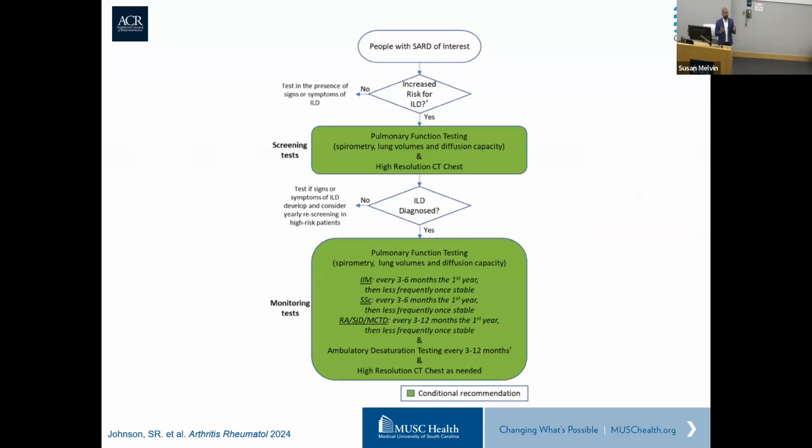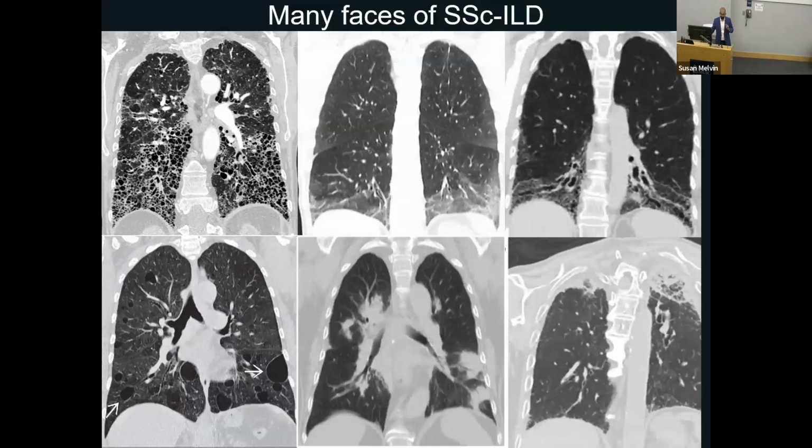There is a subgroup of patients with various forms of systemic autoimmune and rheumatic diseases, SARD, that we recommend getting a CT at diagnosis. And systemic sclerosis is one of them. Now, the data behind the utility, or the pitfalls, of doing a CT scan in someone who's asymptomatic with systemic sclerosis is not yet borne out. So there is still some conflict and contention around these guidelines. The British Society of Rheumatology also has similar guidelines.